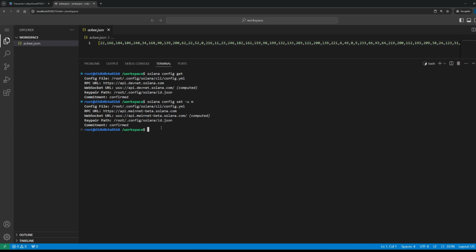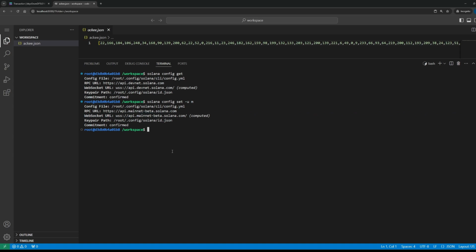There are a bunch of other commands that you can use. For example, or maybe I would say these are more advanced commands, or used maybe once you are a developer. So for example, you can see how the Solana works currently. What are the transactions that are sent to the Solana? In that case, as we are set to the mainnet right now, you can see it on this line.